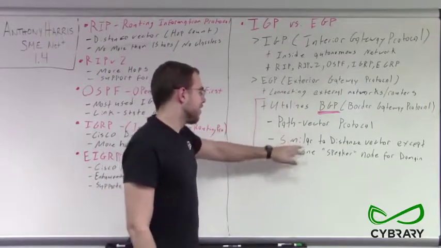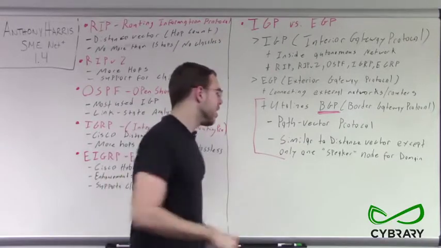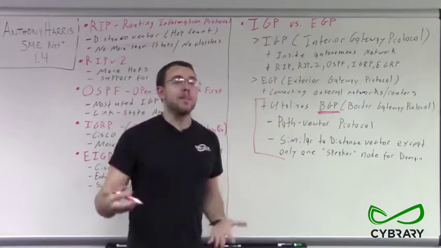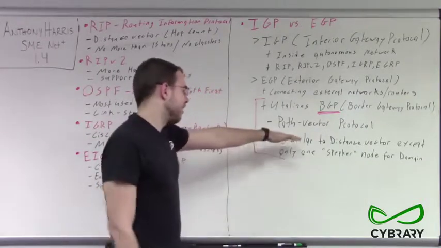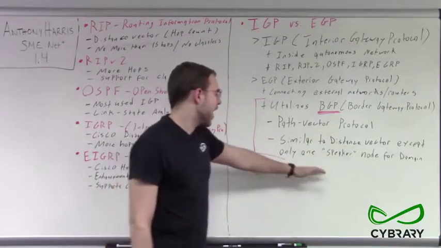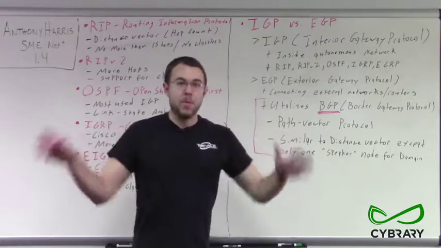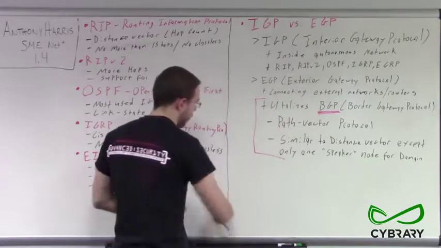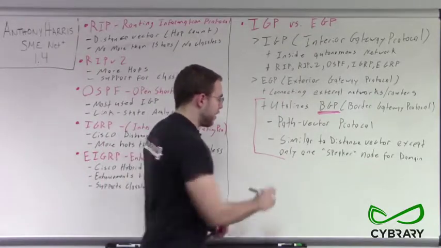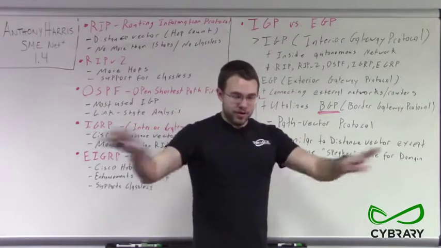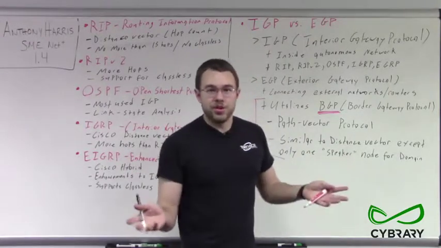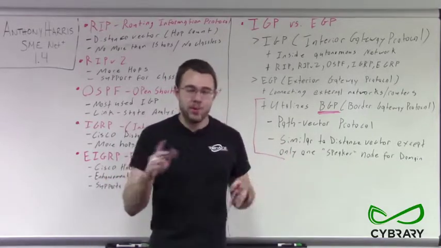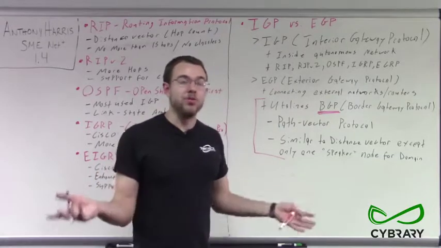Path vector protocol is similar to our distance vector, which we mentioned. Our distance vector is where we measure based on hops between different routers. Path vector is similar to distance vector, except we only have one speaker node per domain of routers. So think of it this way. If our border gateway protocol needed to talk to every single router in the world in order to determine the paths, it would be very, very difficult